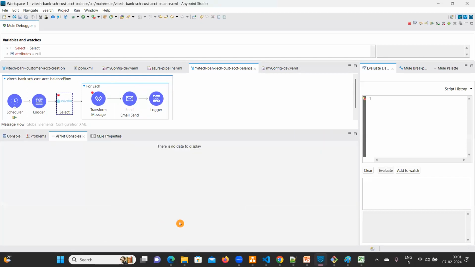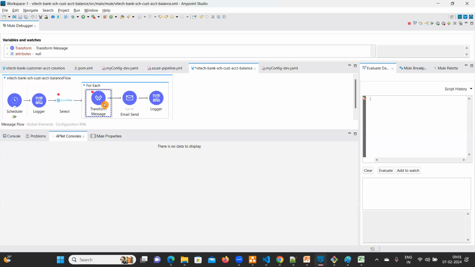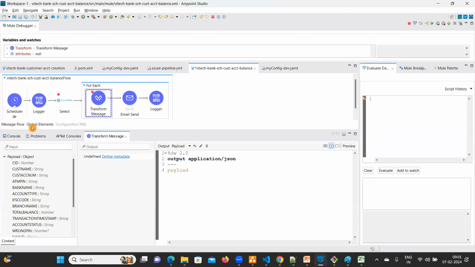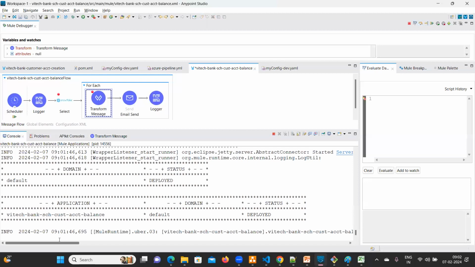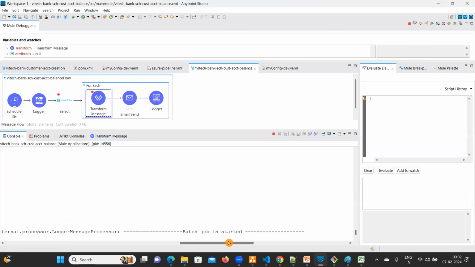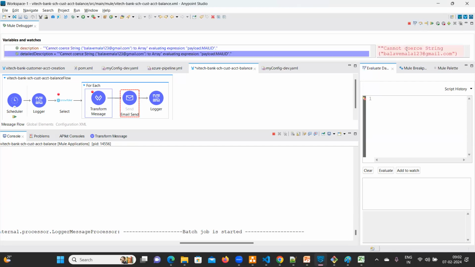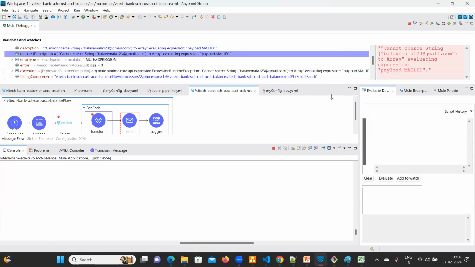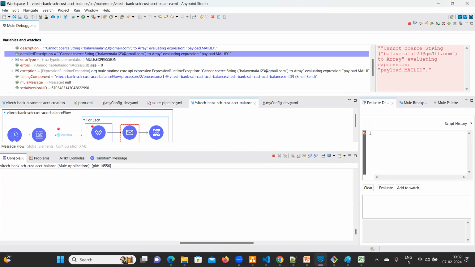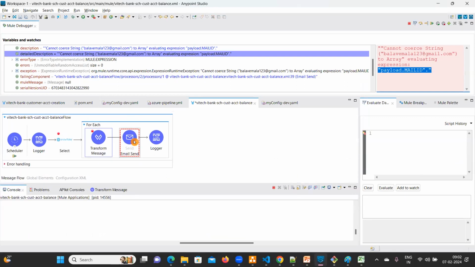Now we are in debug mode. Let's see. It came here. Click on F6. The transform message. You can go to console. The job is started. Okay, cannot coerce string to array evaluating expression payload.mail ID. So payload.mail ID. What we can do, we can go to